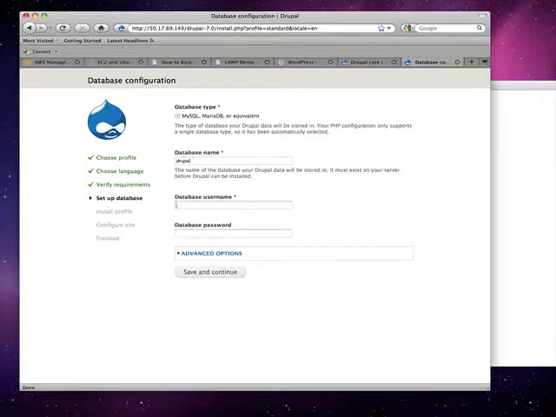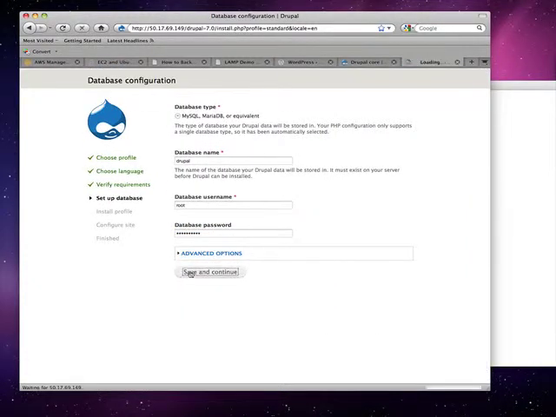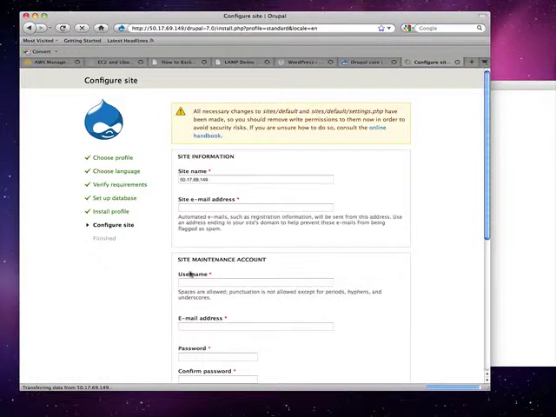What was this was, I think, Drupal. Username is this. I think it is the. Okay, let's try that. And it's installing Drupal right now. It's done.